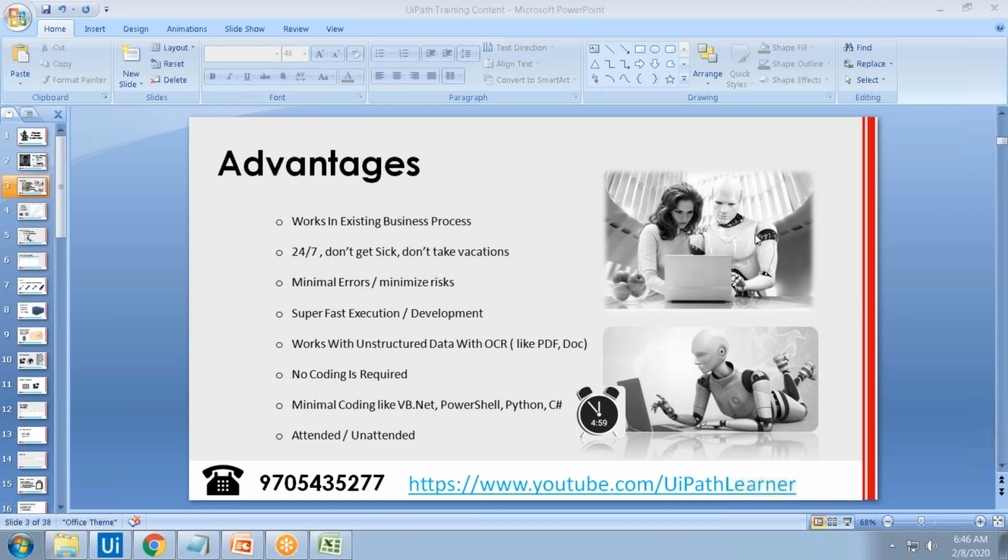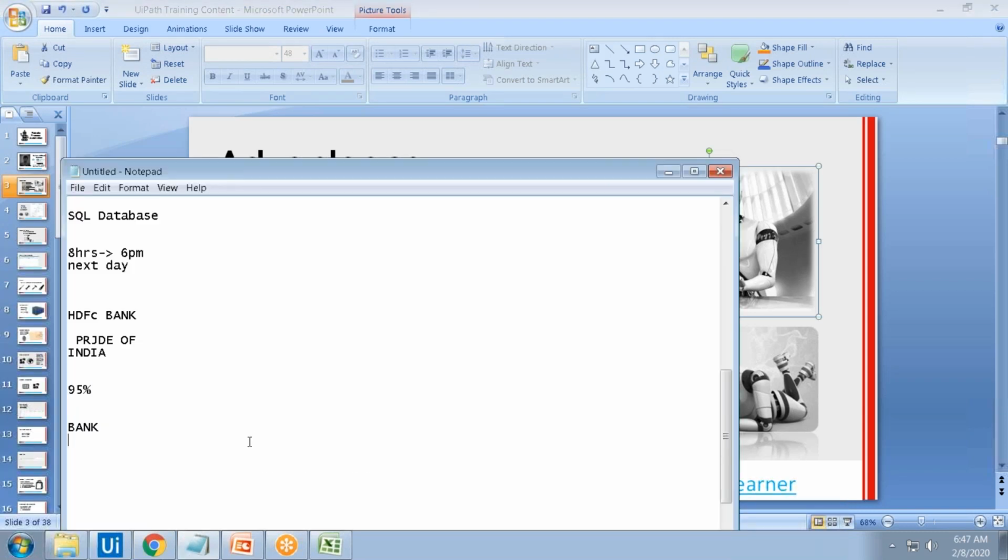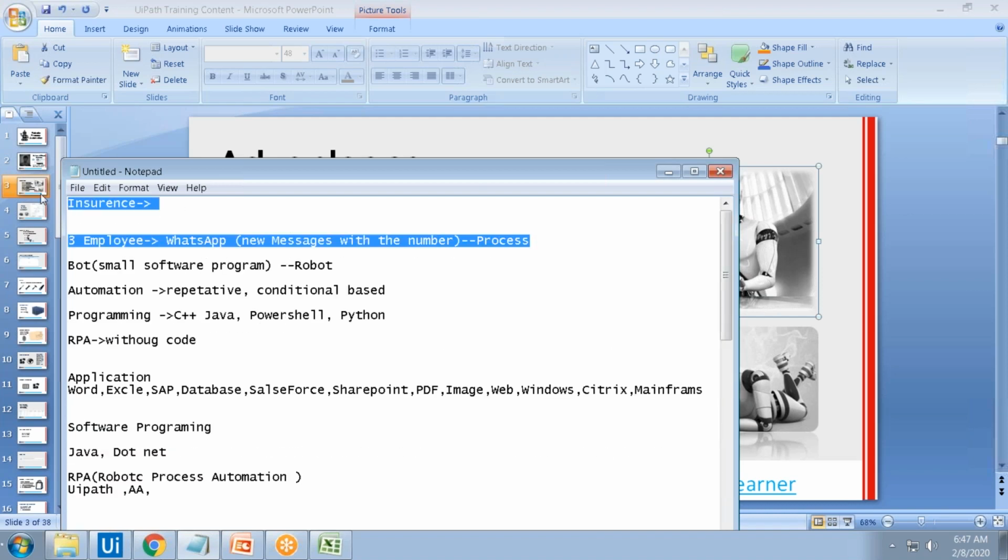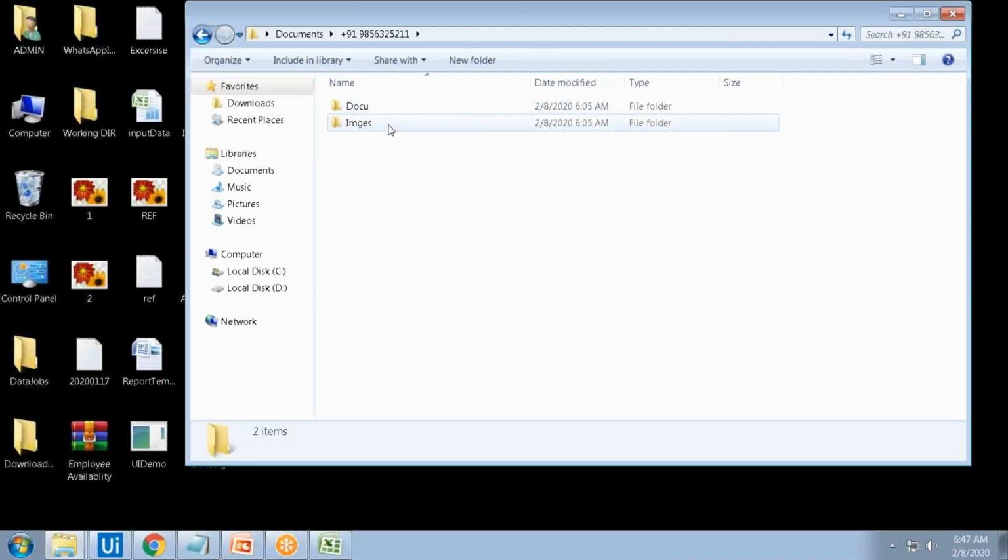The first one is attended. Okay, this image is attended, because human and robot work together. So basically, suppose the human is triggering the robots. Suppose, for example, one process. Let's take the first example, what we did, the incidents. Three people are working, right? We can take this example in the documents. The robot is copying blindly, downloading the images and keeping them in the images folder. Blindly going to the documents and keeping them in the documents folder. Okay, but the